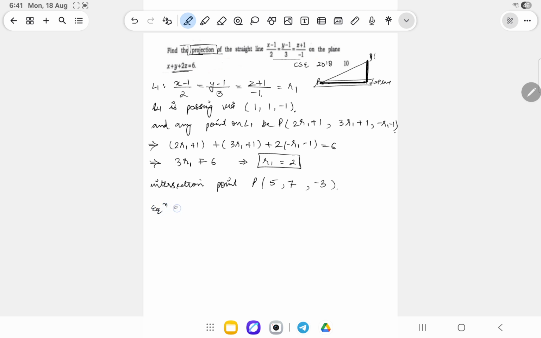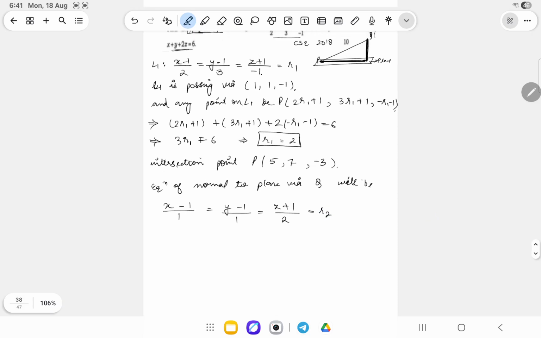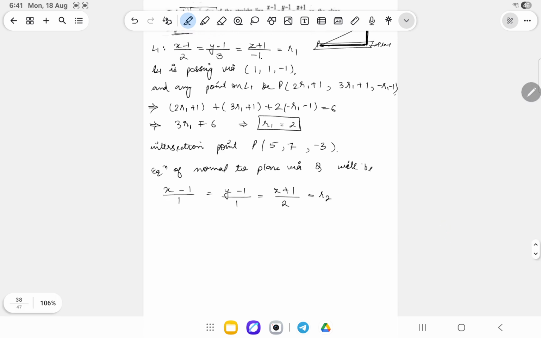So the equation of the normal to the plane via point Q will be x minus 1 upon 1 equals y minus 1 upon 1 equals z plus 1 upon 2. Let us equate with r2. So we'll get any arbitrary point on the line which is perpendicular to the given plane. Let us name it R. So it will be r2 plus 1